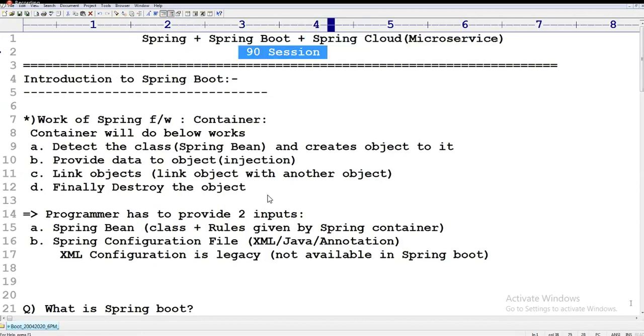If you have any questions, you can ask here. In the next session, I am going to discuss the microservices introduction and its concepts. So in tomorrow's session I am going to take the introduction concept of microservices. Today I have taken only the introduction to Spring Boot. If you have any questions, you can give them in the chat box one by one.